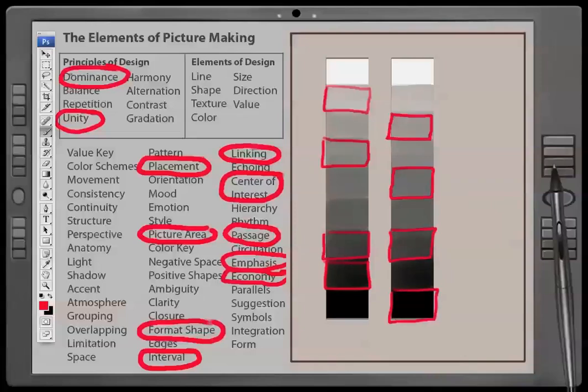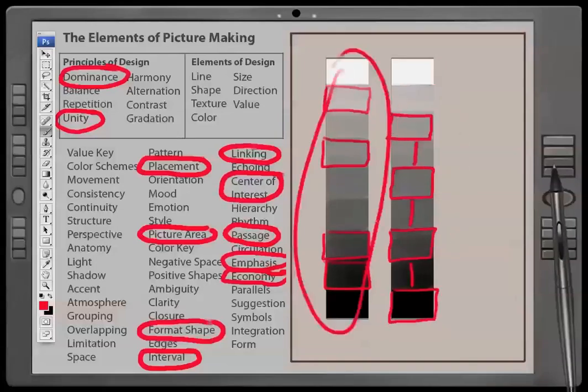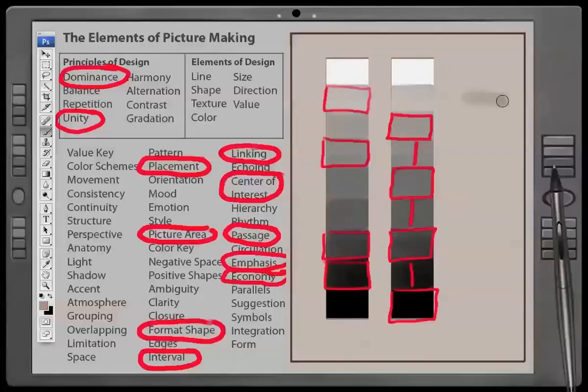You don't get that kind of variety of value contrasts, and therefore your painting isn't going to be as interesting. So here you see the intervals of space between these values are the same. There are 4 values just as there are 4 values here. And if I do a painting with these values like that, and then I'll add this one and this one like that and the other one over here, it seems to be interesting, but when I add these other values over here that are at unequal intervals,